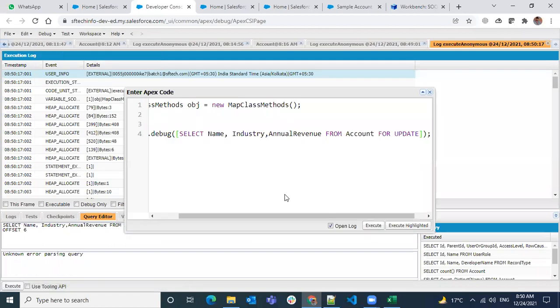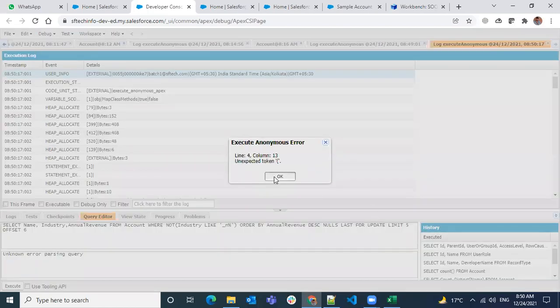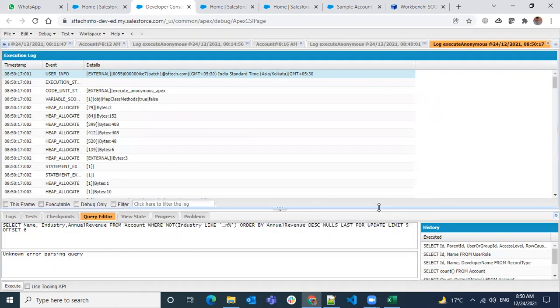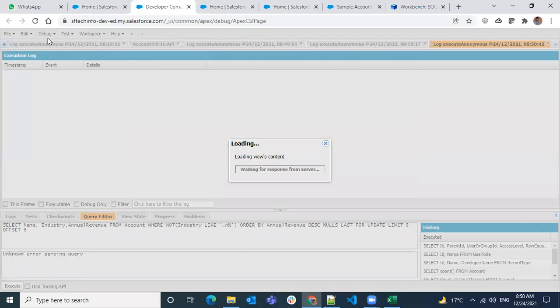Okay, it is working. Yeah, it has to be after the limit.